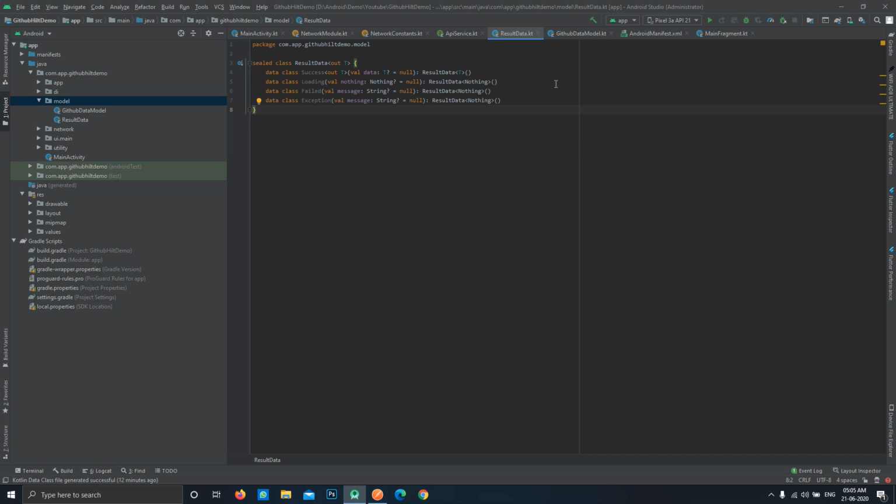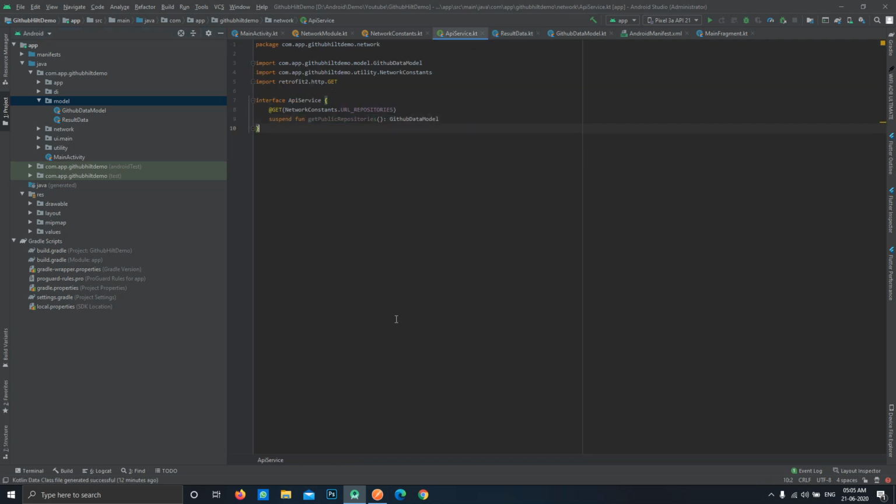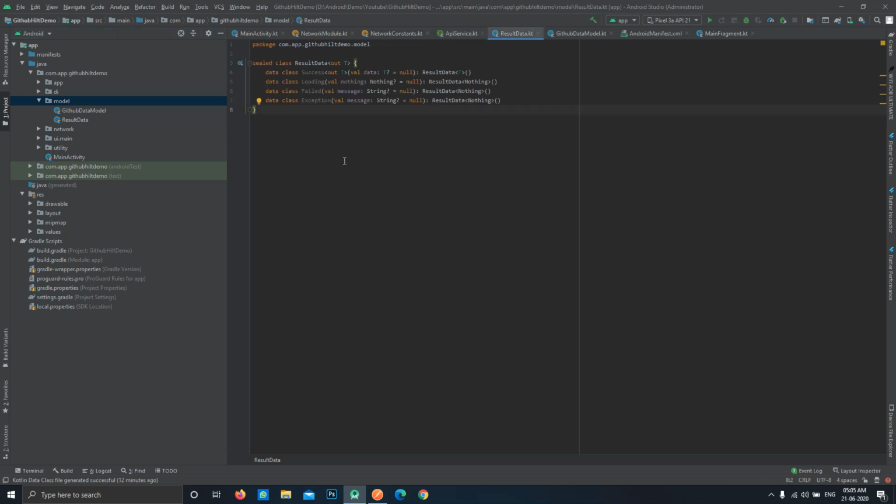So till now we have created our API service. We have created the function to fetch all the repositories, and we have created a sealed class which we'll use alongside this API to get our data. In the next video we'll be creating our repository and our use case classes, and we'll see how this sealed result data class can be used.